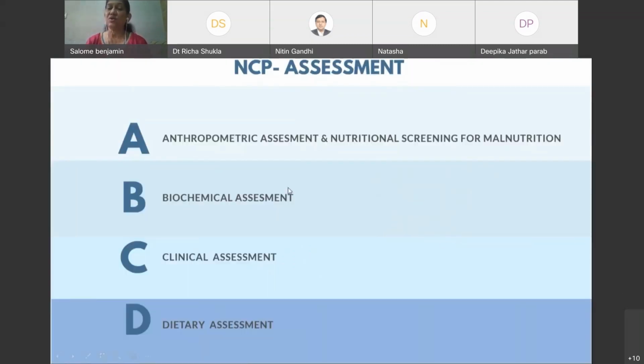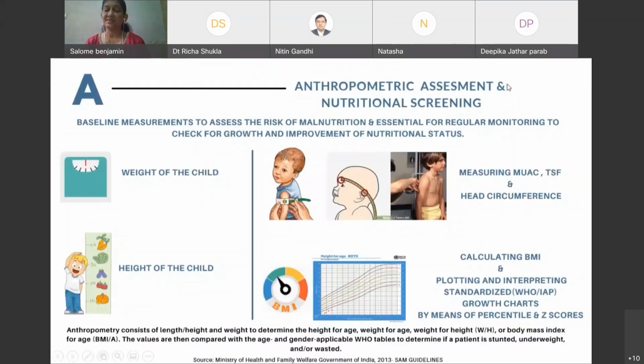Again, then you will do your nutrition care process assessment, A, B, C, D. I don't need to go into the detail. Anthropometric, biochemical, clinical and dietary assessment. And this is how we will be doing anthropometric assessment. Very important. Most of us fail to do correct assessment for children because we are not used to seeing hundreds and thousands of children. So weight of the child, there are techniques to be learned in taking the weight of